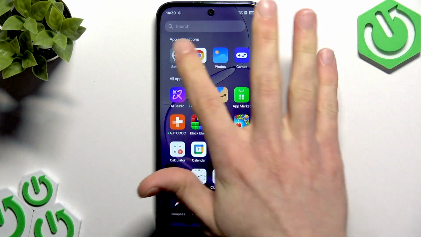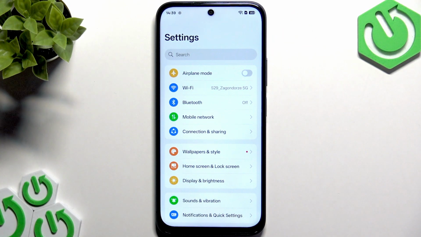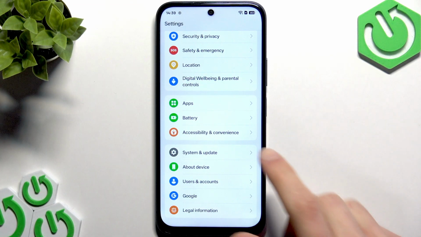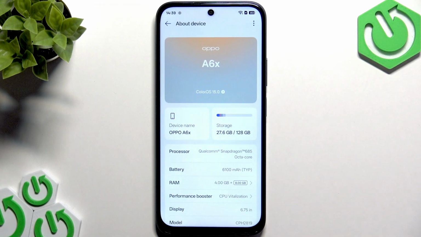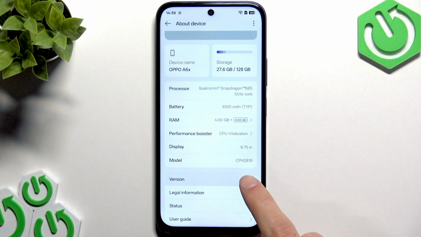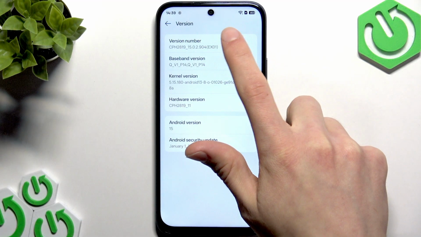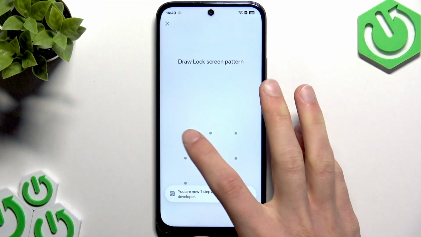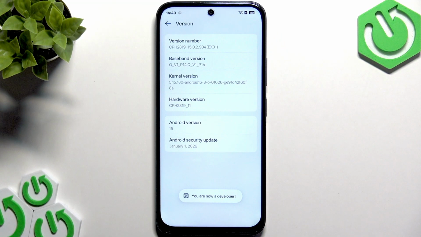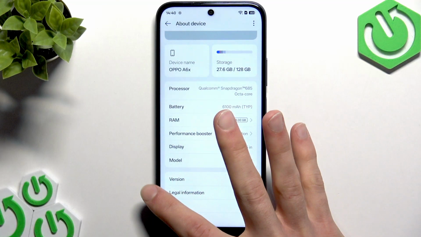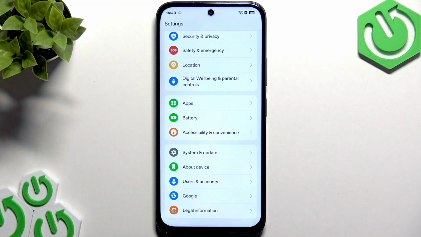First of all, open Settings on your device, and after that, scroll down to the bottom of this menu, open About Device section, and now we're gonna have to scroll down to Version menu, open the Version menu, and then tap 7 times on the version number to unlock developer options. Enter your password if you're prompted to, and then you'll see you are now a developer notification at the bottom